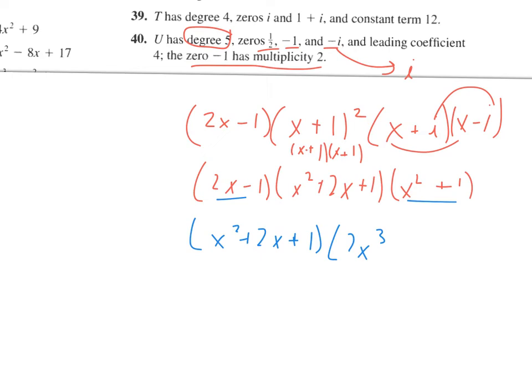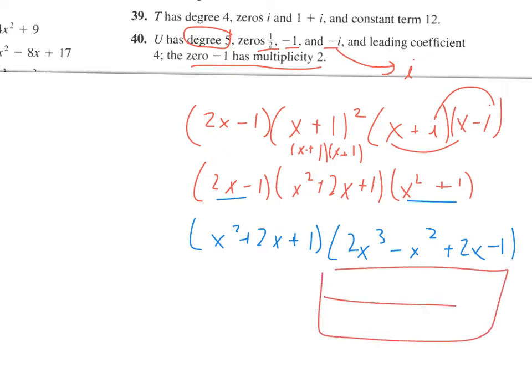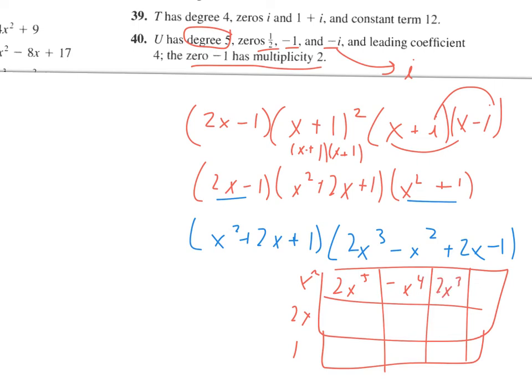So this will be 2x to the third, minus x squared, and then plus 2x, and then minus 1. Oh, so this actually won't be a triple times a triple. It'll be a triple times a 4. All right, so we'll have to do that. Cool. So I'm going to put the x squared, the 2x, and the 1 there. We'll multiply this out. Okay, so that'll be 2x to the 5th, negative x to the 4th, 2x to the